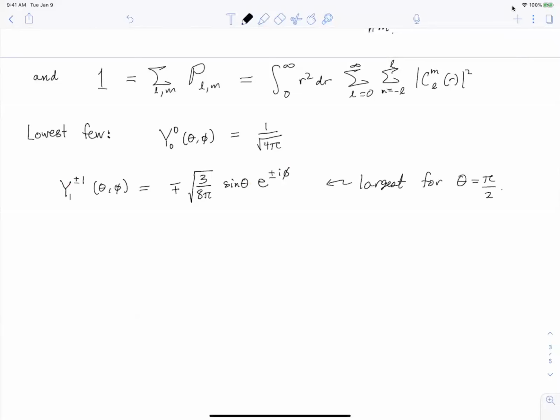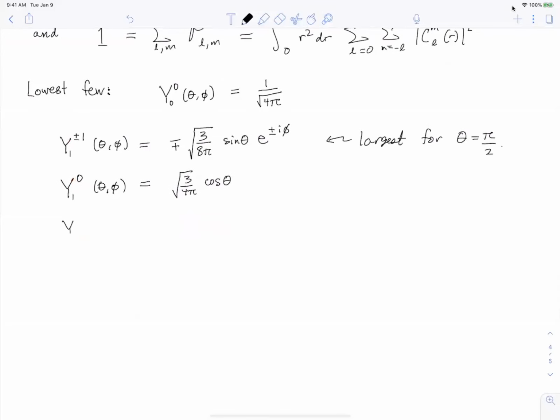Okay, whereas the state Y_10 of theta and phi, the normalization factor is the square root of 3 over 4 pi. The theta dependence is cosine theta, and we know it has no phi dependence. We read that off immediately from the fact that M equals 0. Okay, and then